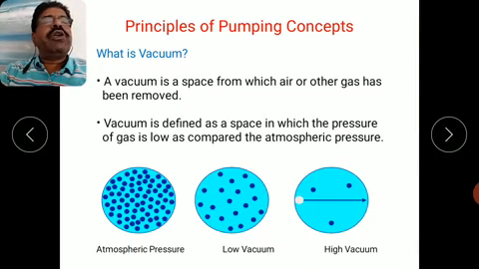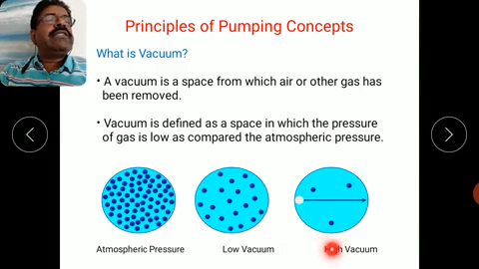Now if you remove a certain number of gas molecules from this container, then you can say that vacuum is created. Further, if you reduce the number of gas molecules again, then the vacuum will be increased. So you can say that this is a high vacuum. As you go on decreasing the number of gas molecules in a given volume, definitely the pressure is going to decrease, because fewer molecules are striking the walls of the container. So less force is exerted per unit area, that means less pressure.